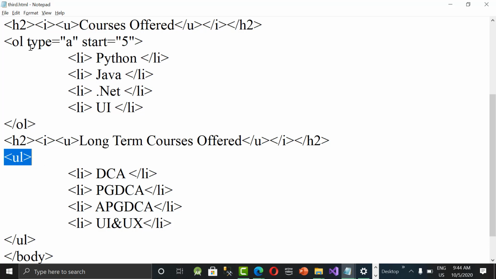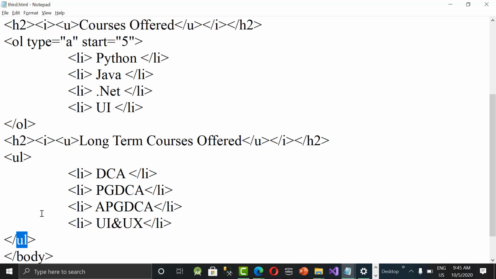Previously it was OL, ordered list, but now it is UL, unordered list. Bullet points will not have a sequence. You can write UI, UX first and then keep any order. If you don't have a particular order to be presented, then we go for the UL tag.